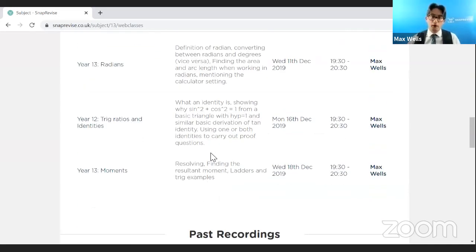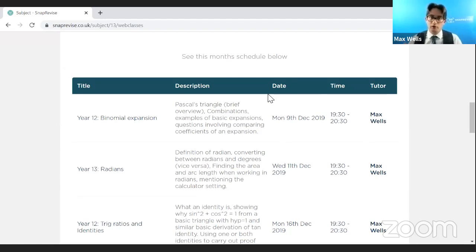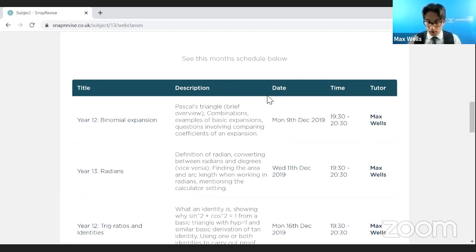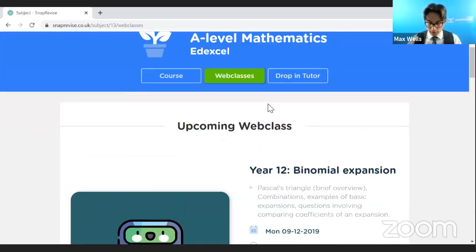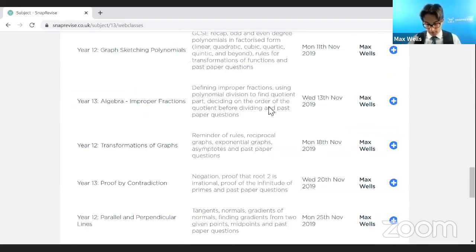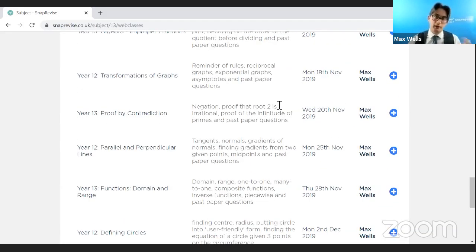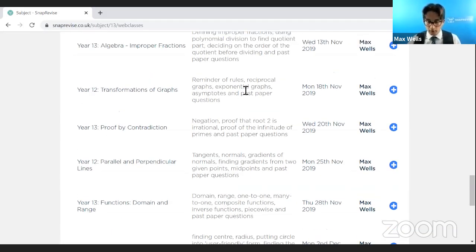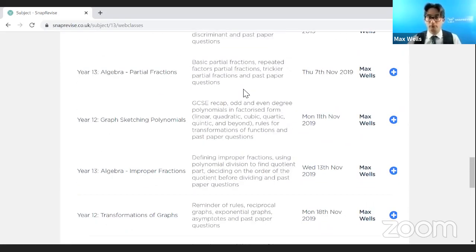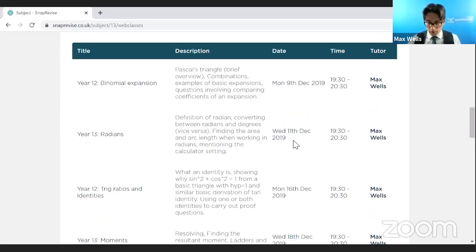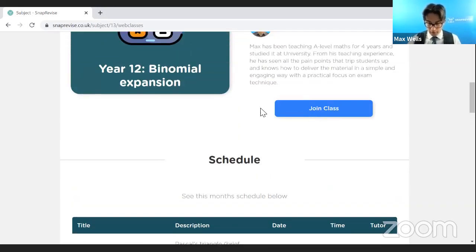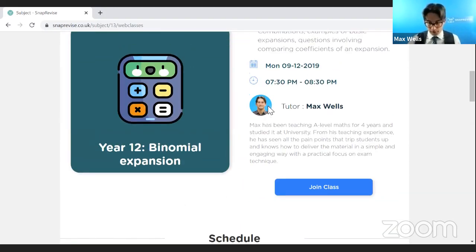And that's great. So if you take part in Snap Revise, you join the packages, which I'll look at in a moment, you'll be able to access these web classes, ask questions, and have direct interaction as they go along, as well as looking back at previous classes. So the ones that have already been completed, like these, you can go back and watch, make notes on, and again, follow up any other topics that you perhaps still struggle with. So this is a real perk to have, and we have this for our other subjects as well.